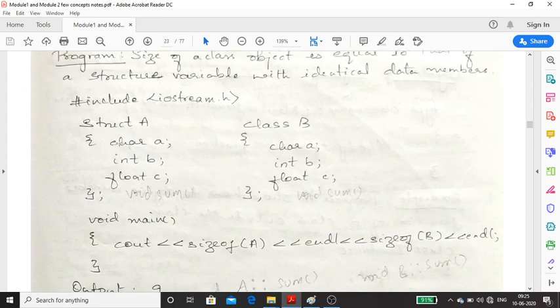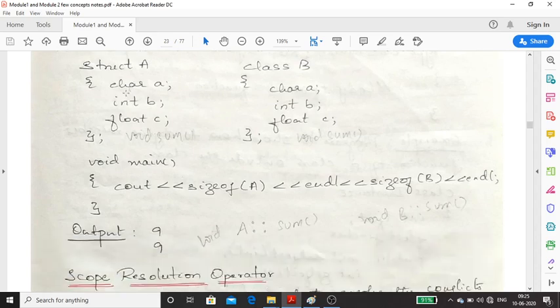So how to calculate the size of a class? See, here I have three data members, just the data members. The class has char A, int B, and float C. Assume the size of int is 2. In that case you will get output 7. Why? 2 plus 4 is 6. 6 plus 1 is 7. Here also the same thing, you will get the same output. Suppose int is 4 bytes, in that case 4 plus 4 is 8. 8 plus 1 is 9. So you'll get output 9. Depending on the size of the data type, you'll get the output. And you can use the sizeof function to calculate the size of any class.